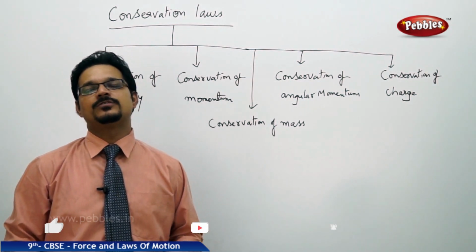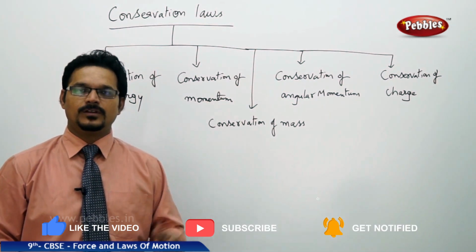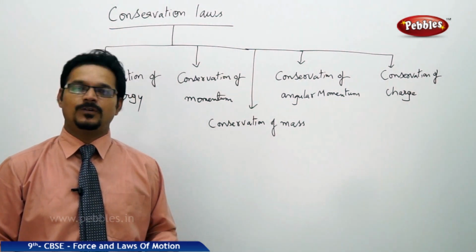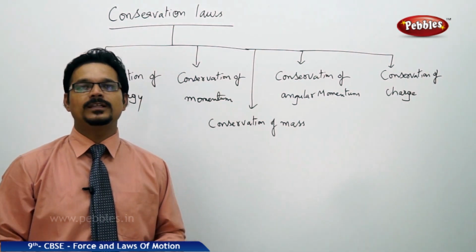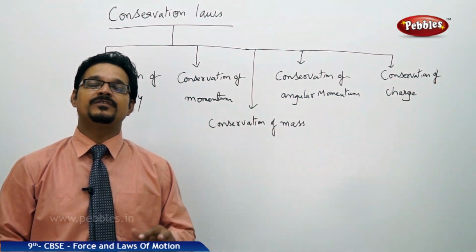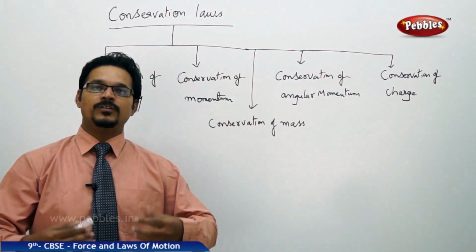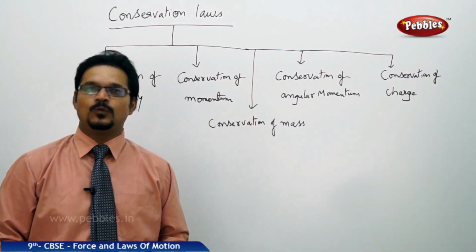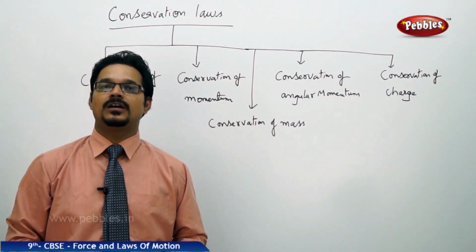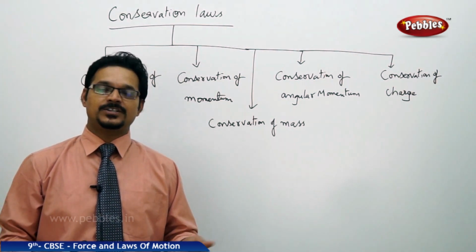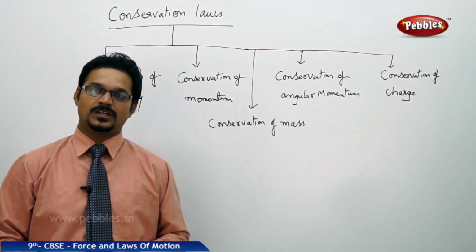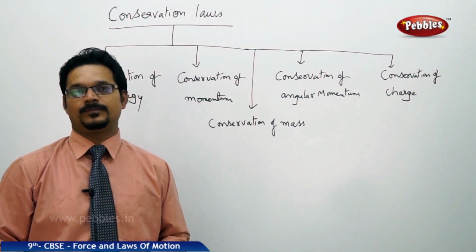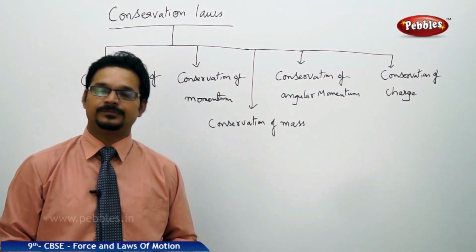So far we have learned about Newton's first law, second law and third law, and we have understood how to apply these laws in solving problems and real life situations. Now I'm going to ask you a question. Why is the world the way it is? Why shouldn't the world be different? Why are we how we are? Why is the sun rising in the east? Why is the sun setting in the west? Why is the earth rotating about its own axis, and why is it revolving around the sun? All these natural things we observe every day. But if you ask these questions ourselves, it is a very tricky question, and critical thinking is required here. But in physics, we have answers to all these questions. And the answer is